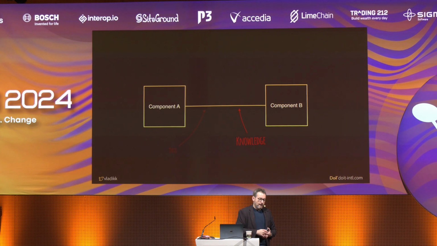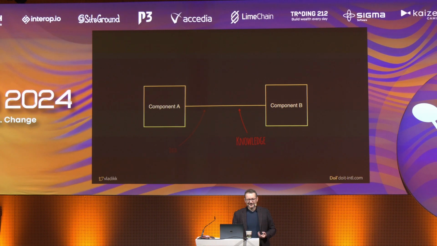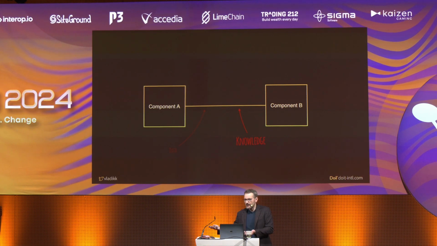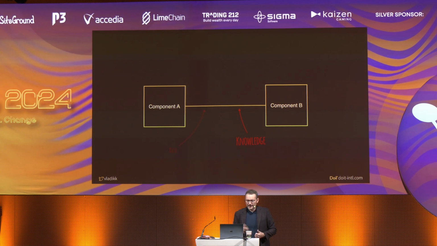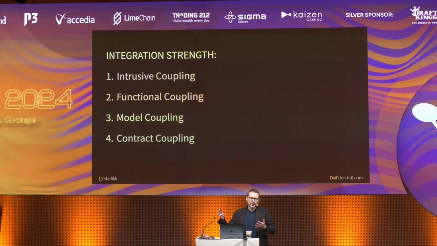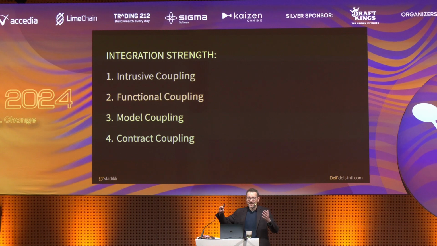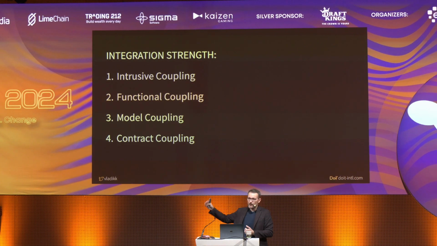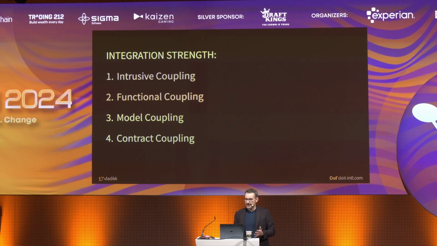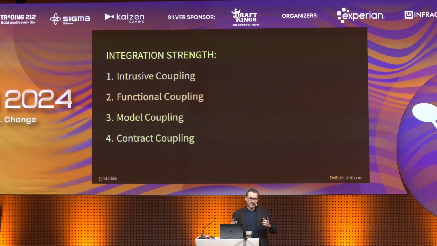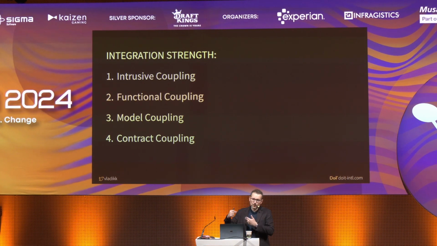Now, we need a way to evaluate that knowledge. But how can we measure it? We cannot measure knowledge. We don't even have those units in which we are going to evaluate it. Instead, let's differentiate between 4 types of knowledge. And each type shares a considerable amount of knowledge, more than the one below it. So this is the model that I called integration strength. By the way, if you remember the book I showed, Structured Design, it is based on that book, just more adapted to our